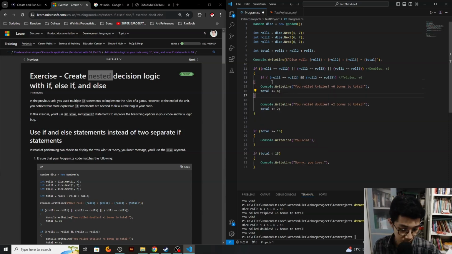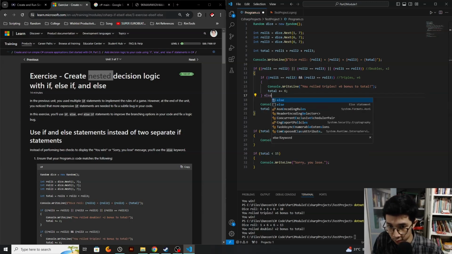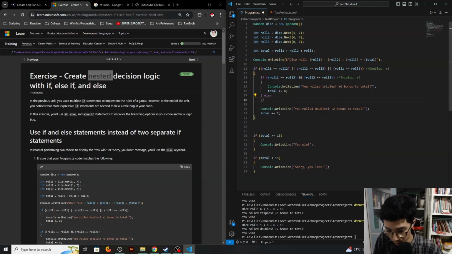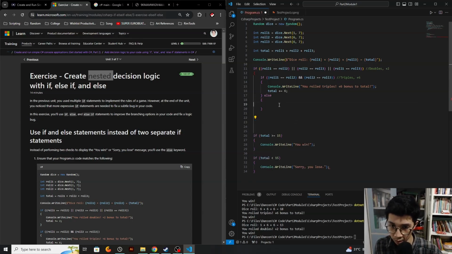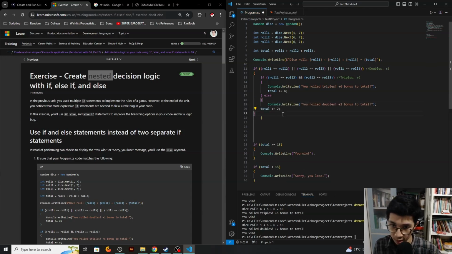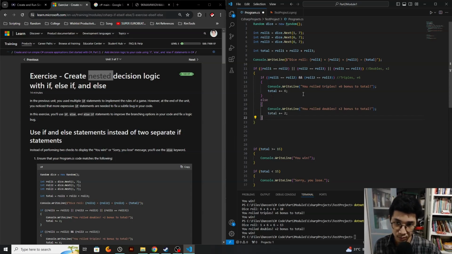So let me format this first. And then don't forget to put else. This is just my knowledge about else. It might be true, it might be wrong. I just want to try it before I look at the guidelines here. So yeah, if doubles